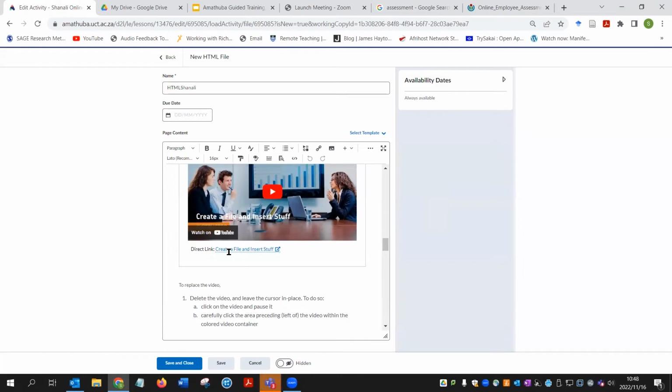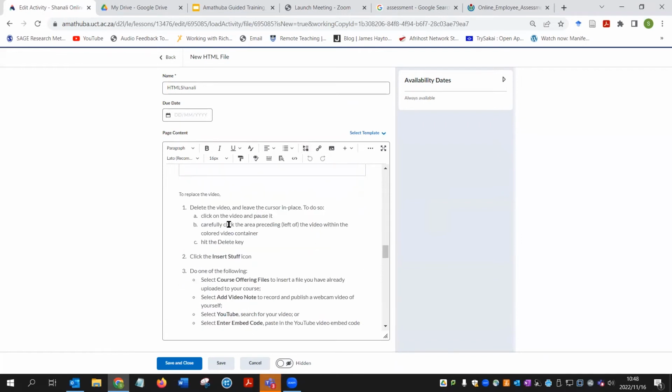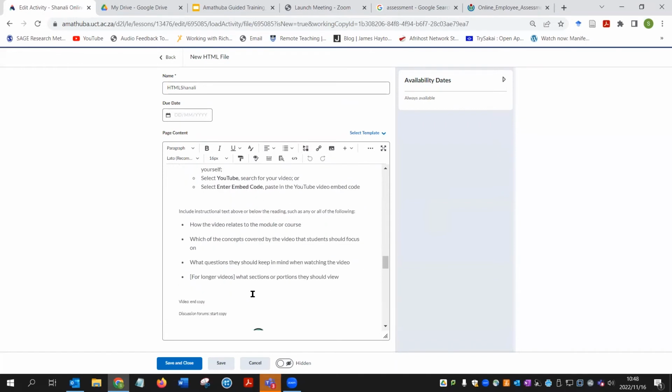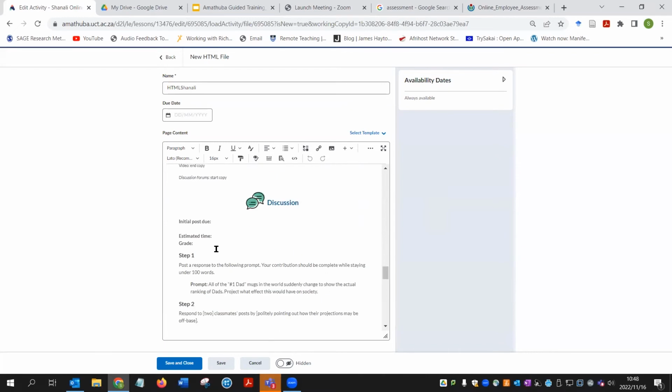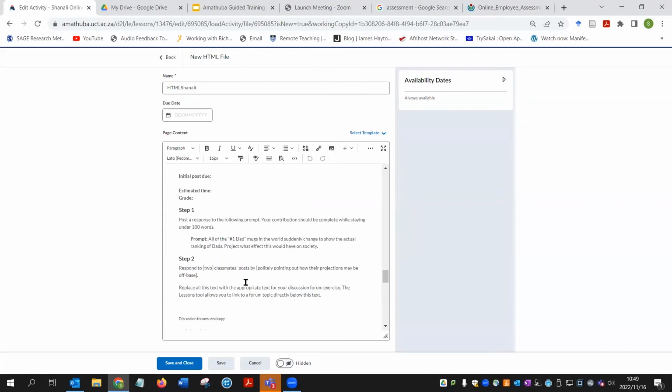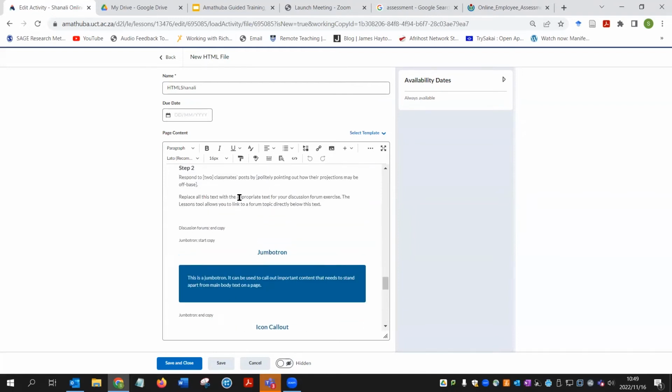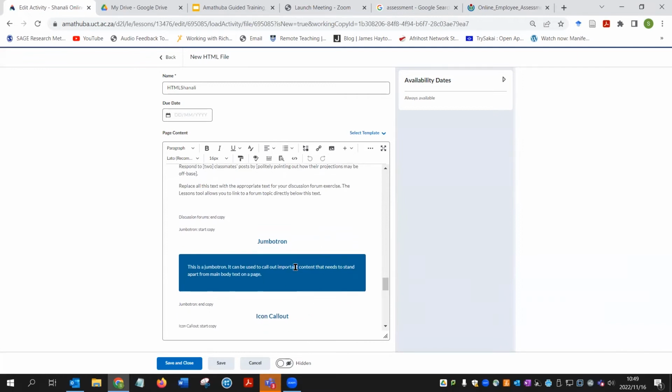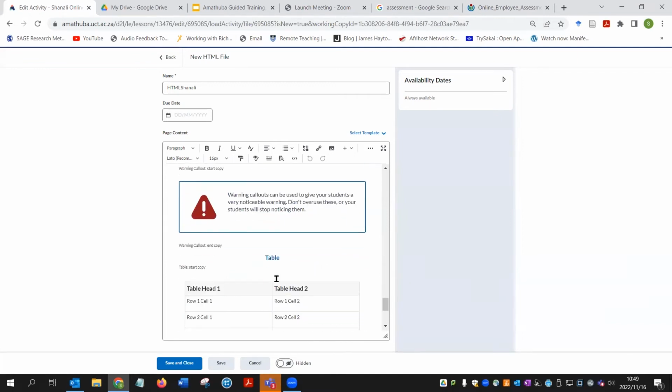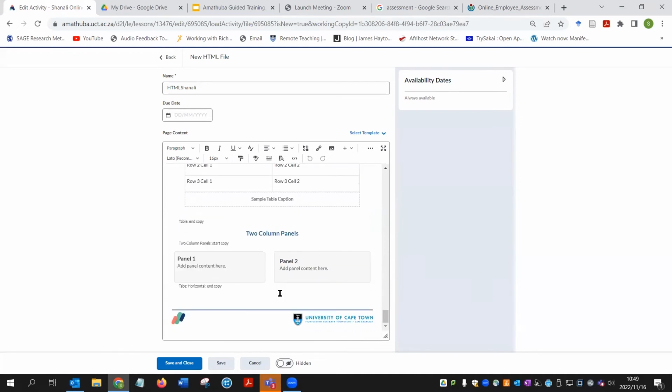And in order to change this, you click on insert stuff. This is the insert stuff button, folks, over here. And it gives you instructions for how to change the video up. It shows you what to do with discussions so that you can put in your discussion instructions and then add an element. A Jumbotron is just this fancy little box, different kinds of call outs, different kinds of boxes that exist on pages for students, tables, and so on. Okay. And if I save this and close it,